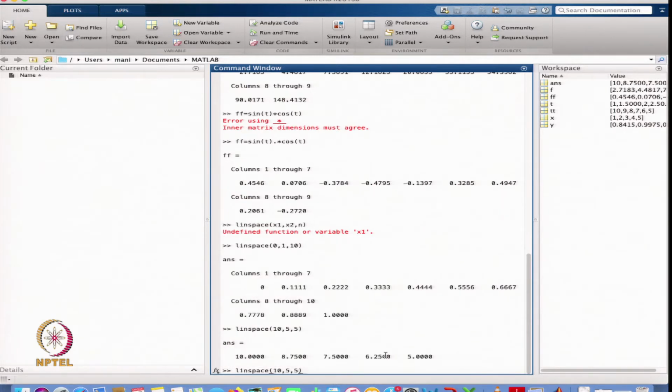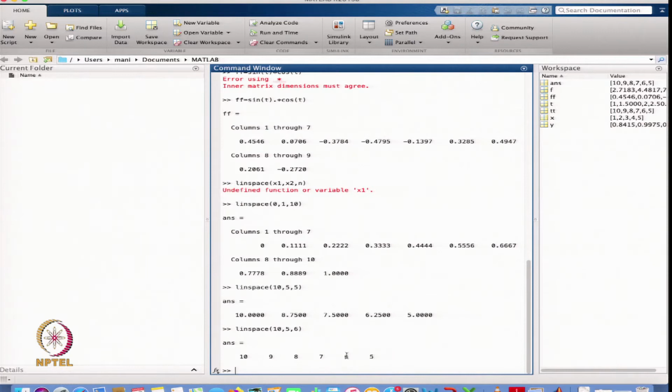Similarly, I can define the same with 6 elements. Then it is 10, 9, 8, 7, 6, 5. Whatever starting point and end point you define, it will distribute the mesh points linearly in between.